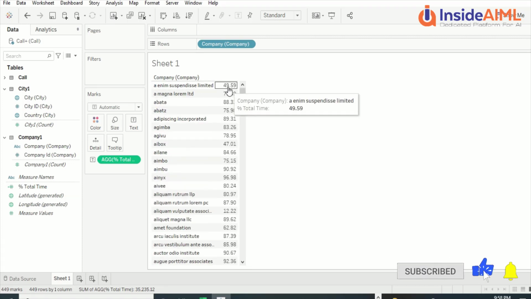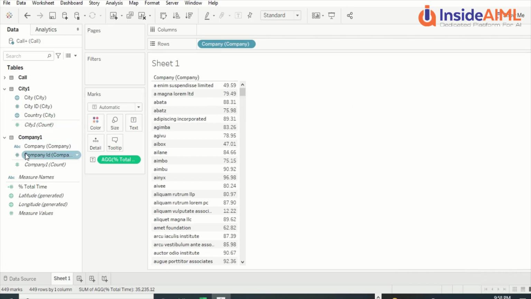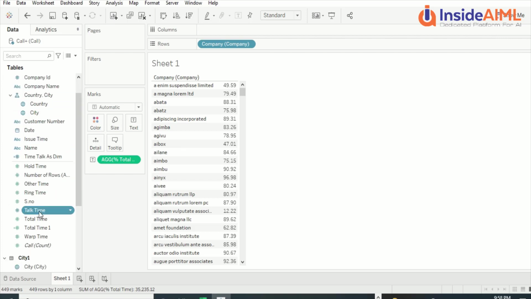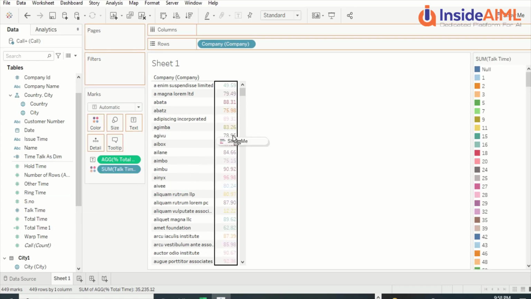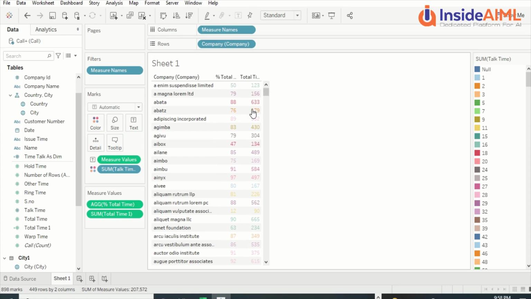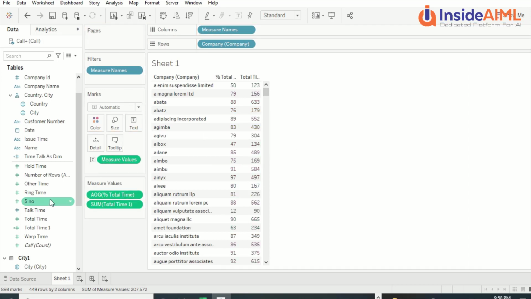So now where is our worry? This is our worry. Look, only 45% is the total talk time. So we should go ahead and look at this talk time. What is this talk time all about? Why is it so less? So let's add the talk time here and also add the total time out here. So it is colored actually. We have to, and let me add the talk time also. Okay, let me remove it from the coloring.